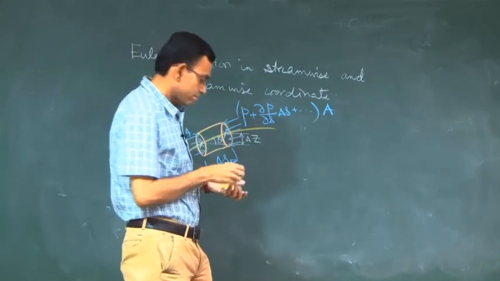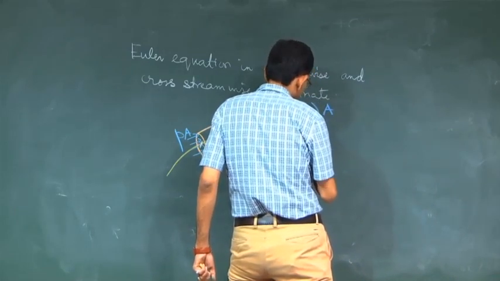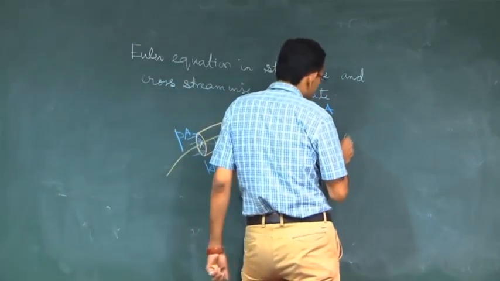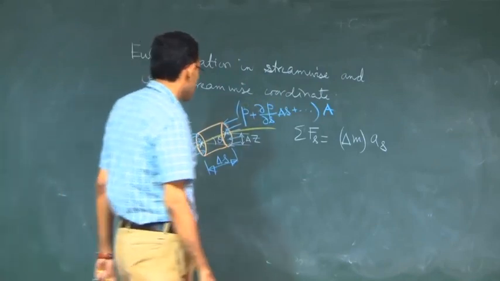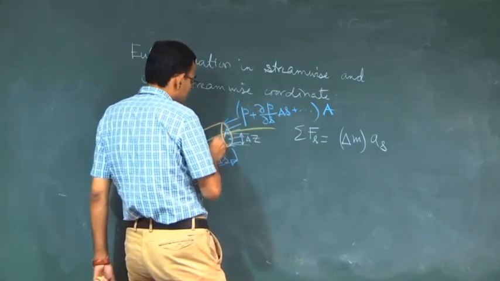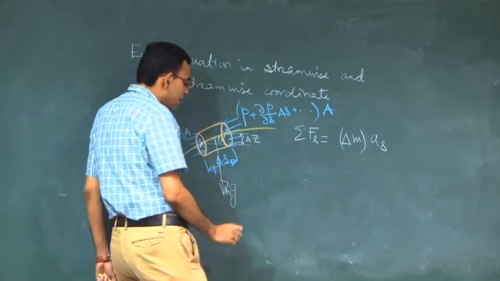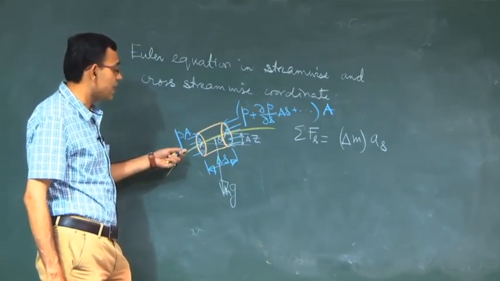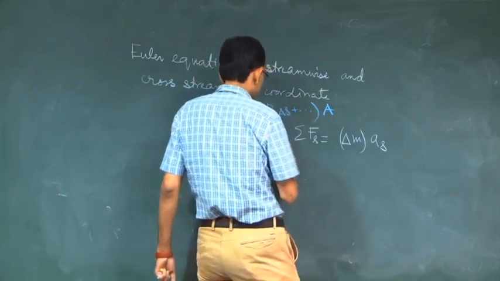So, we can write resultant force along S is equal to the mass of the fluid element times the acceleration along S. So, resultant force along S, one is these 2 forces plus there is a gravity force delta m into g, and a component of that along the negative s direction will be minus delta m g sin theta. So, P into A